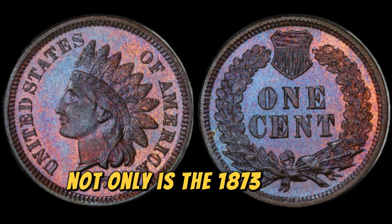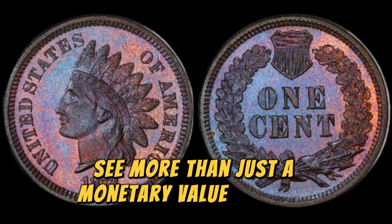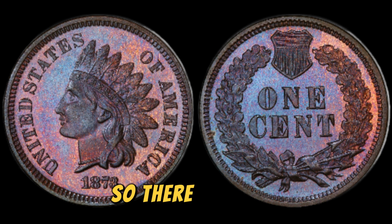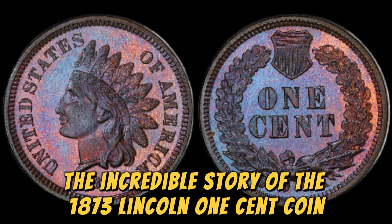Not only is the 1873 penny a rare find, but it also tells the story of America during a pivotal time in its development. Collectors see more than just a monetary value in these coins. They see history, craftsmanship, and the legacy of U.S. coinage. So, there you have it, the incredible story of the 1873 Lincoln 1-cent coin, a penny that could be